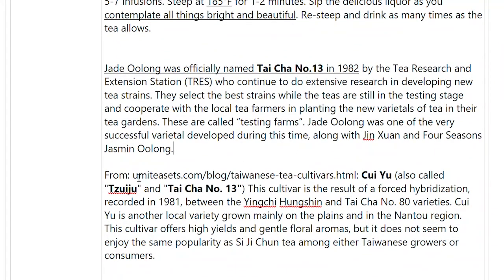But from this website here, it says Cui, is that Chewy? Also called, and then it's got this name, Chewy, something like that. So it actually has these three names as well. So this tea has got like 5 names. So you might find it under different names on different websites as they sell it, and know that they are all the same. So this Tai Cha number 13 is a cultivar,